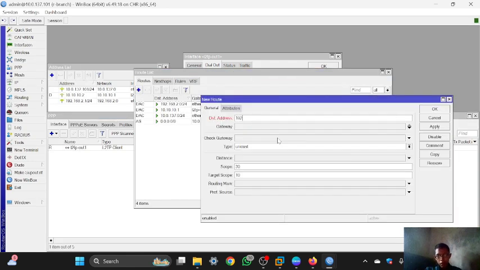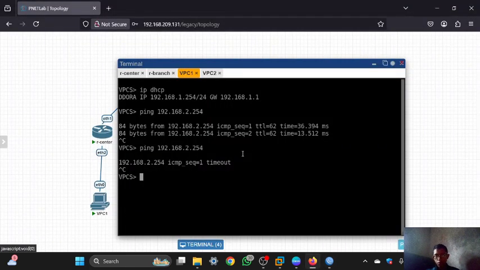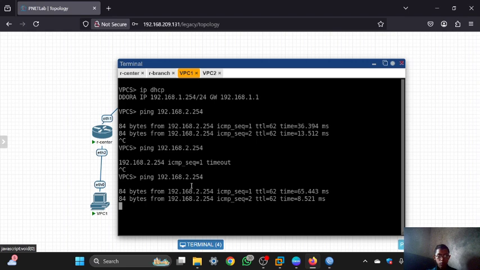The destination is the IP network of client 1, the client of the router center, and the gateway is using the IP tunnel of router 1, and then you can click apply, and it should be AS. And if you try to ping again to VPC2, it should be successful.